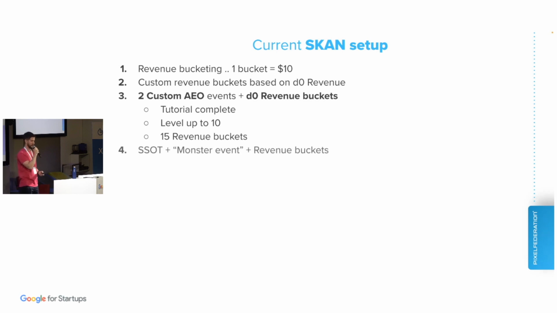Basically, that's it. What we are actually moving towards is using SSOT from AppsFlyer, so single source of truth, so 1 bit for that. One custom event, we call it the monster event, which will be a generic event where we push any data from our data warehouse that we decide to test or use. Like, let's say an event that correlates with a conversion to payers, so we know the number of payers within the first 28 days if we have a metric that correlates with that within the first 24 hours, and the revenue buckets.